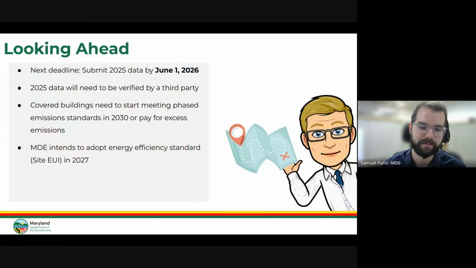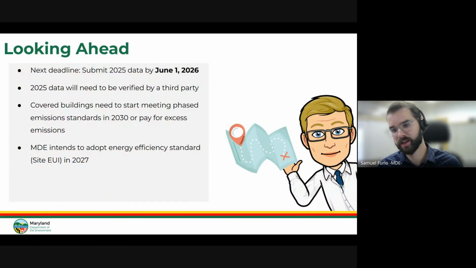So in addition to that emissions standard, that is the only standard currently in the program, but we also intend to adopt an energy efficiency standard called Site Energy Use Intensity. In that adoption process, we intend to adopt it in 2027.